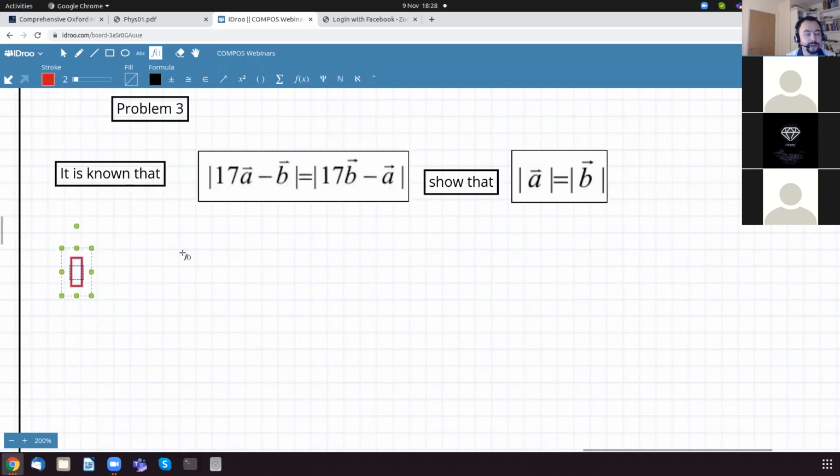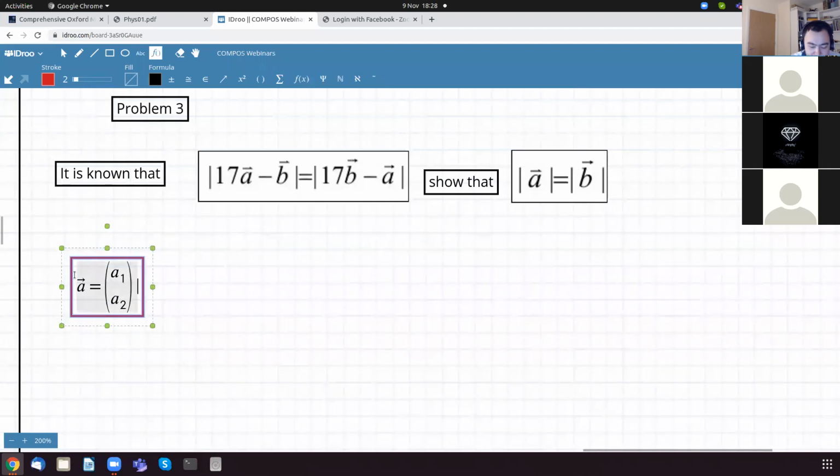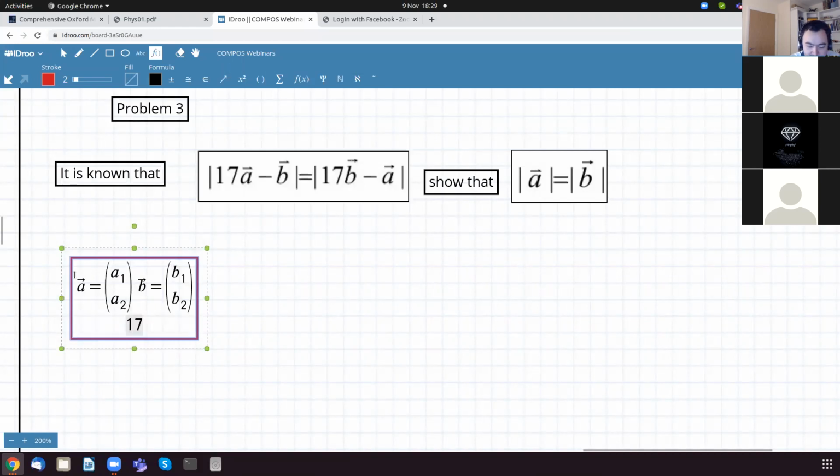Well, if you have an unknown vector, as you have, a is an unknown vector, what you can do is simply say, let's say that vector a is (a1, a2), and vector b is (b1, b2), using columns here. That way, 17a minus b is equal to